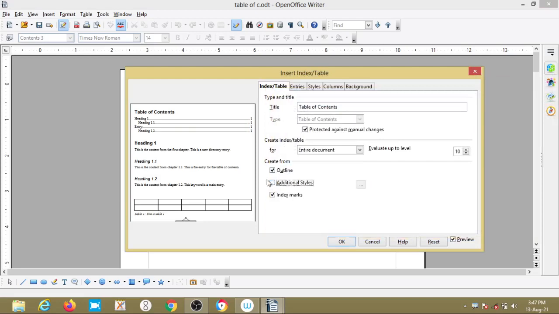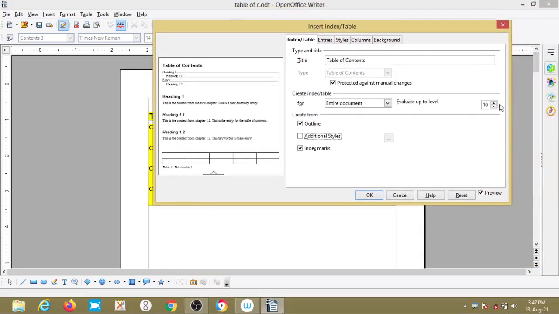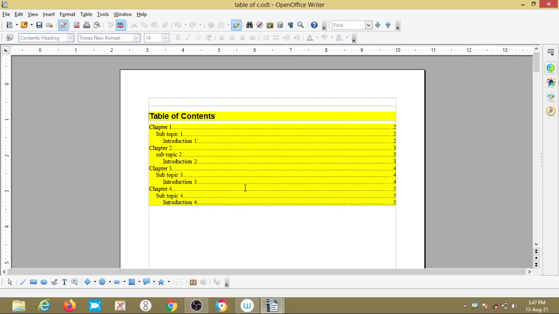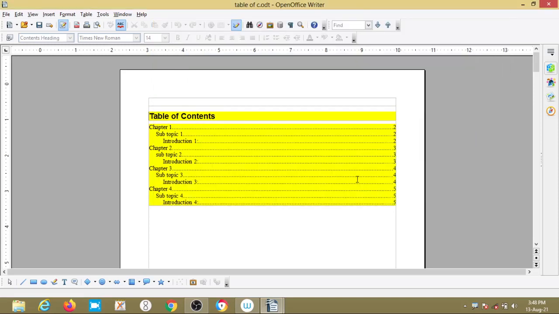okay. So what I am doing, decreasing this value, okay, we will see the changes, 8 I have given. So subtopic introduction, okay, I'll change the things again, edit page number 4, okay.